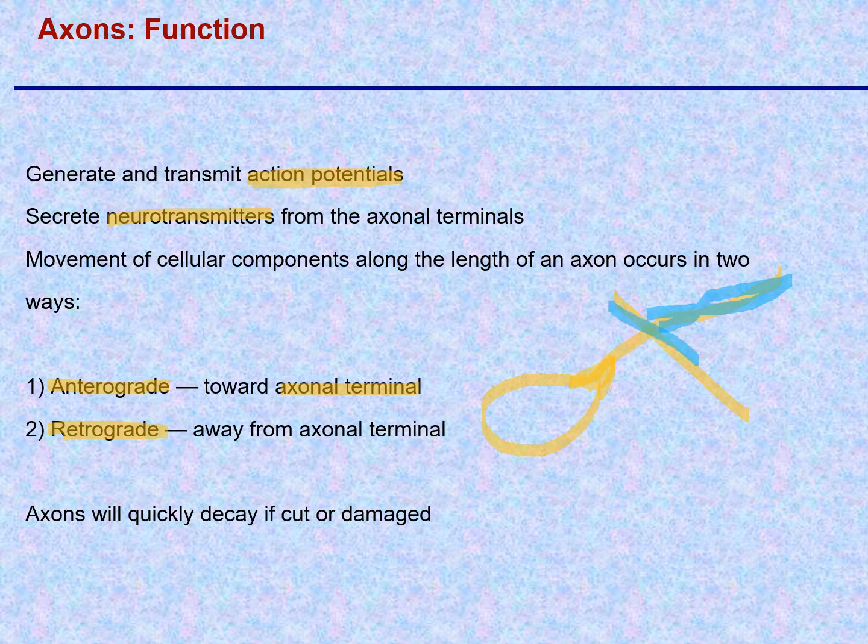So you can imagine if you have a whole bunch of axons bundled into a nerve, dozens or hundreds of axons in a nerve in the peripheral nervous system, and it gets cut by accident or during surgery, then all of that downstream, anterograde part will